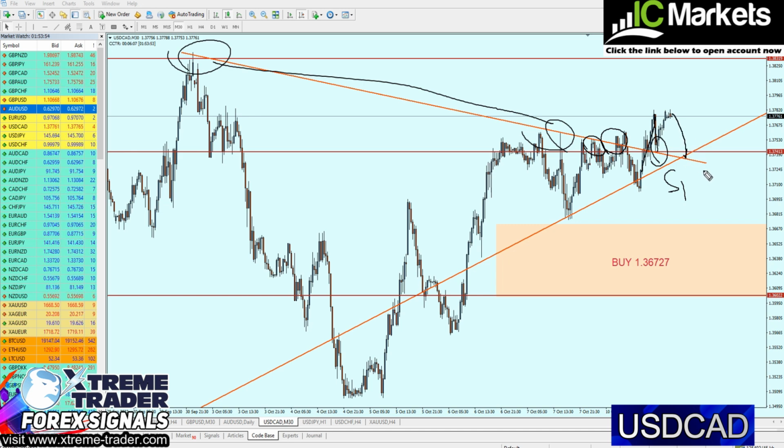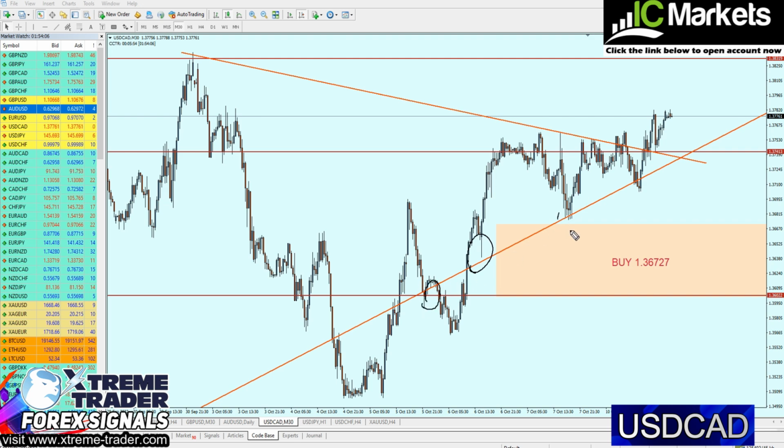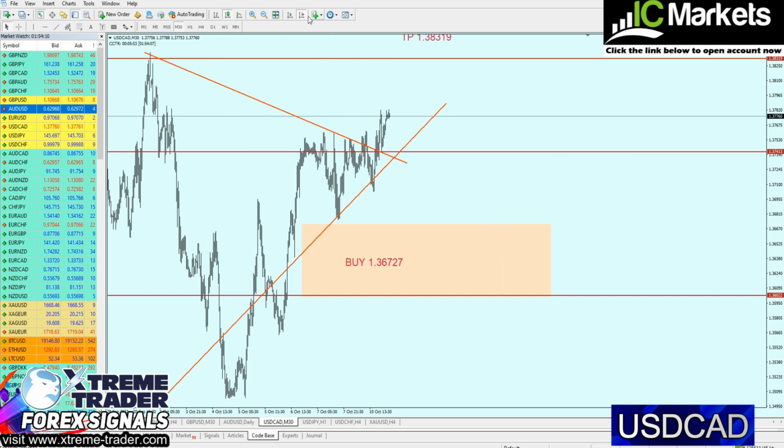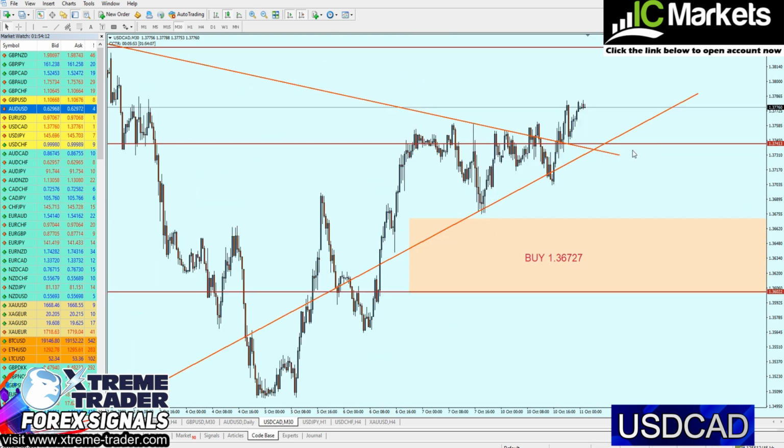First of all, it's going to create the second attempt of a support, and second of all, it's also going to create here the third attempt of a support trend line. Pay attention on the smaller time frame. We can see how the market is indeed respecting this level repeatedly. So I personally trust this level. I'm going to send you the signal that we can start buying the USD CAD exactly from